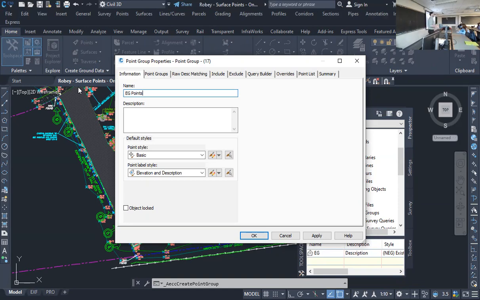So let's say I shot a bench and I took a shot on the top of the bench where you sit, like this table. Should I include that in my surface model? No, because that's not really an accurate representation of what's going on the ground. So you can exclude that from your surface points. They're still in there for you to draw your drawing, but you don't need it to create the